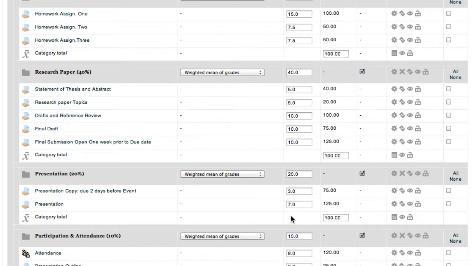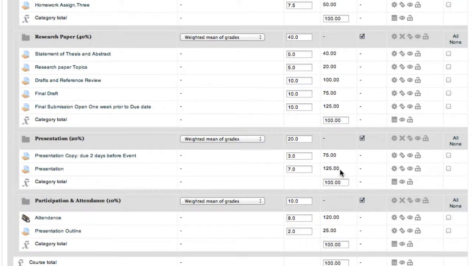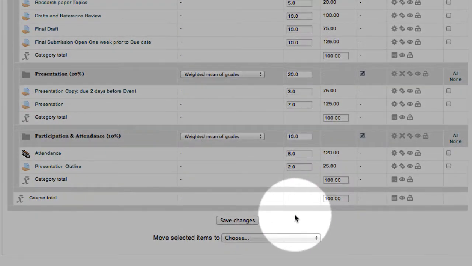Also notice, again, looking at research paper, that just because an item has 150 or 20 points, it doesn't have to have a specific weight. This is something you can assign, although I do recommend being very clear in your syllabus to ensure that there's no student confusion. As always, at the very bottom, you're going to see the Save the Changes button.